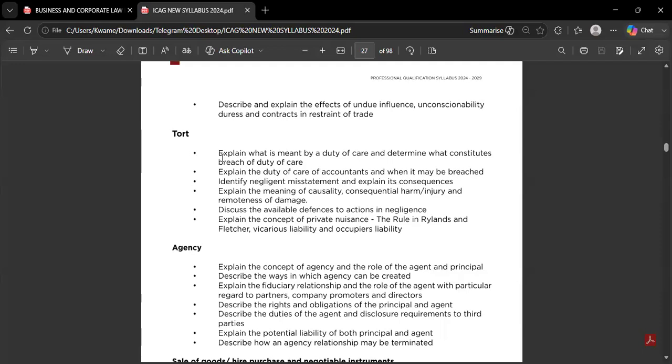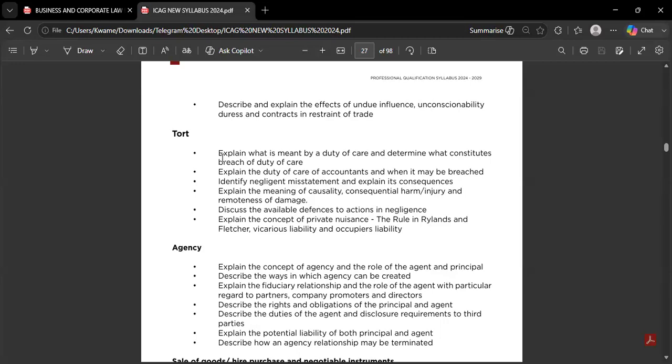Tort has to do with personal relationships, things that affect issues between two individuals. For example, assault, or where you commit a battery. We have assault, we have battery, we have verbal assault, we have physical assault, we have different forms of assault. So things that have to do with doing the right thing between two individuals are covered under what we call